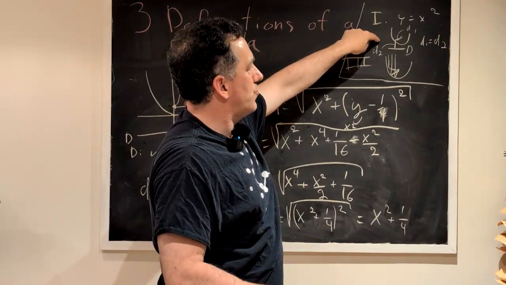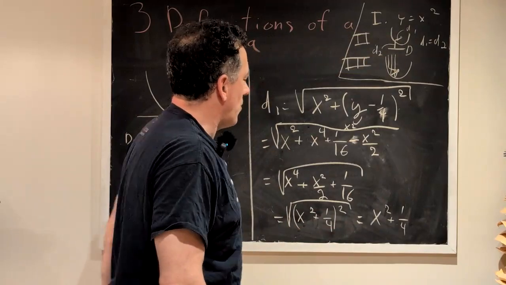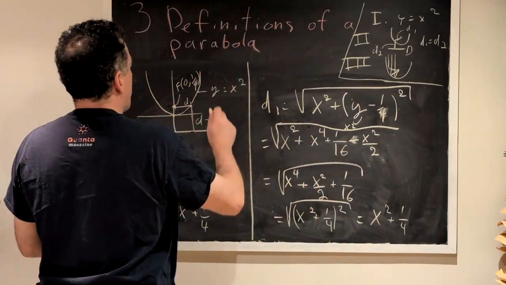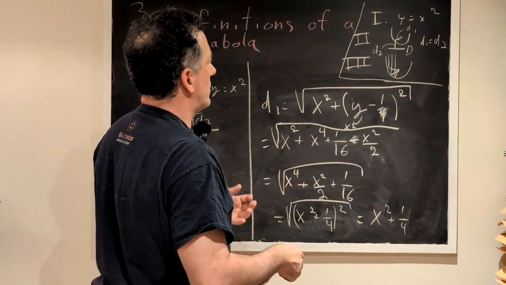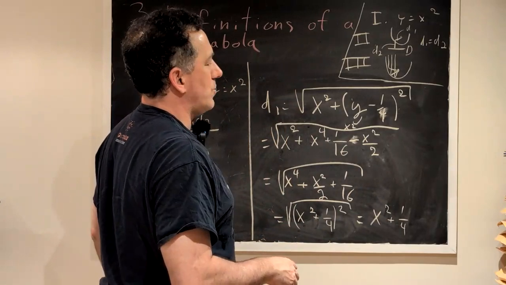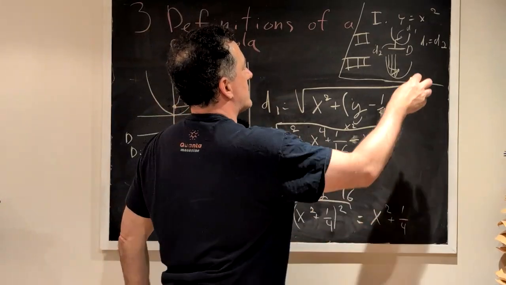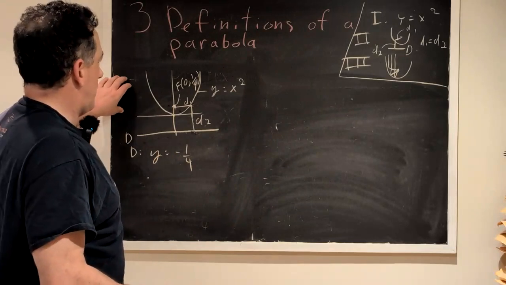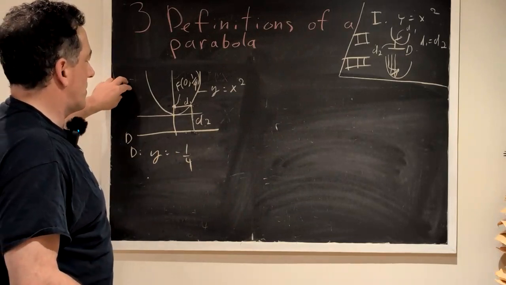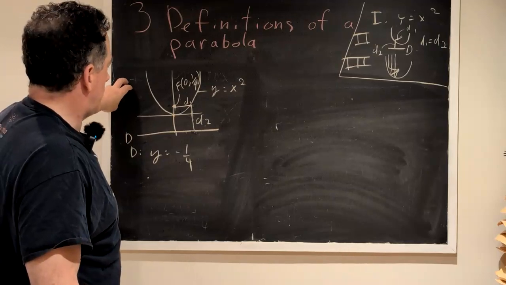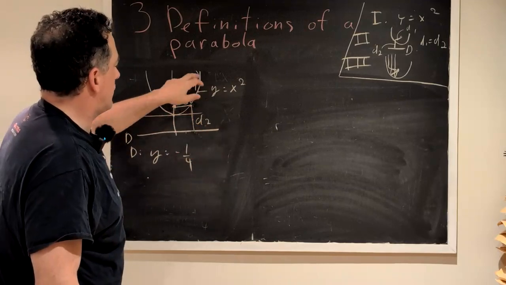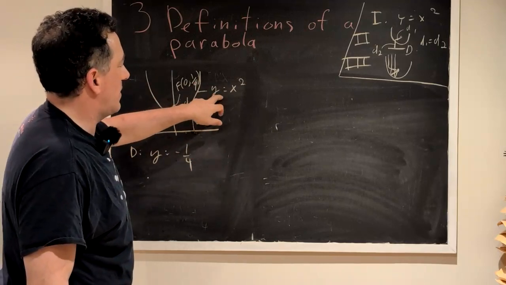And on the next board, I will do the opposite steps. Of course, you could always start like this and get back here, but it's more informative to do it in a different manner. So I will use this as a definition and see that we get y equals x squared. Okay, so I kept the same figure because we will use it for our calculations. So we need to prove that if d1 equals d2 in this setup, then we get y equals x squared